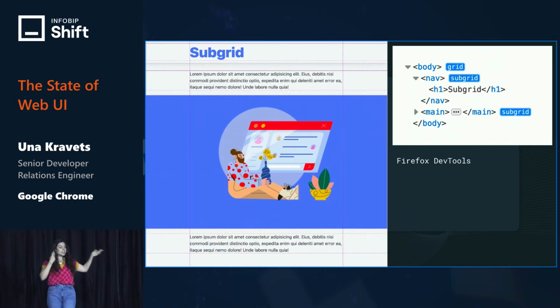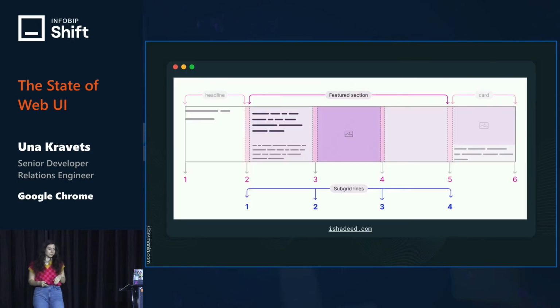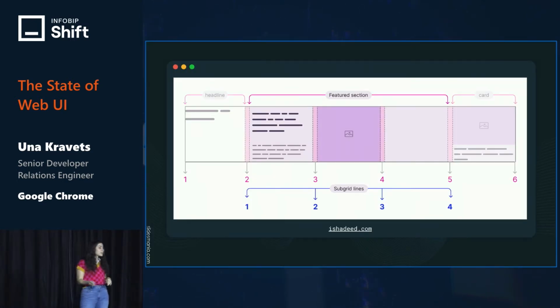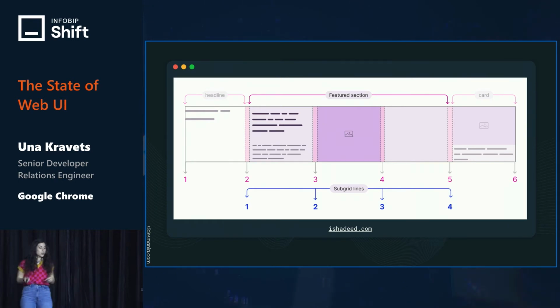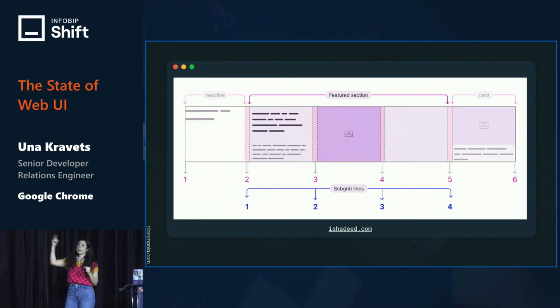So that looks like this, and in Firefox there are dev tools that you can inspect and see where we have a grid and where we have subgrid elements aligned to the grid. There's a great article also by Ahmad Shadid, which covers subgrid, and this is one of the images from it, which shows you that you can have these different sections, and then within the sections you can have subgrid lines of, say, a featured section, and then align your content to the parent's grid while it all makes this cohesive